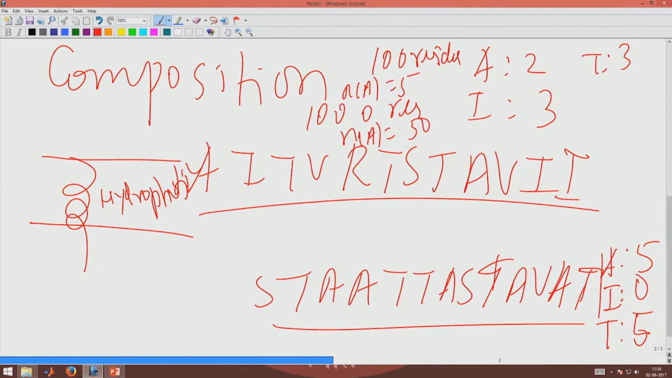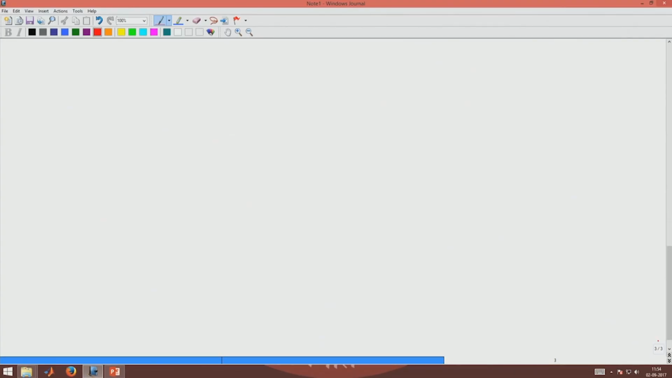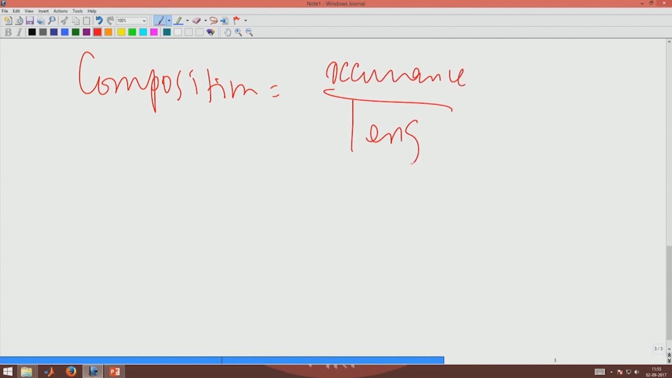So, in this case we need to normalize. How to normalize it? With length. So, composition is the occurrence divided by length. If you have 100 residues randomly distributed, what is the composition? This is 5 by 100, which equals